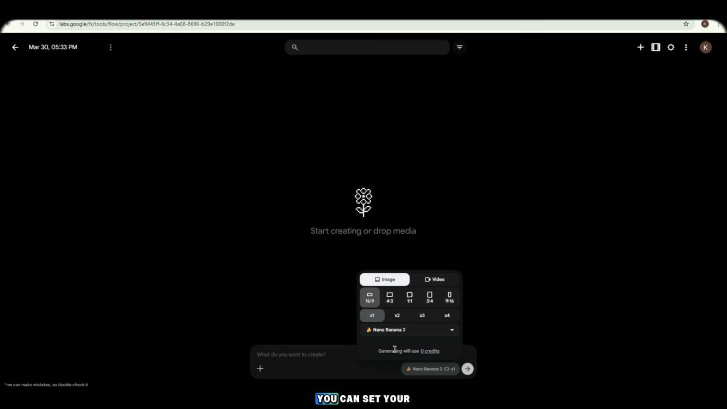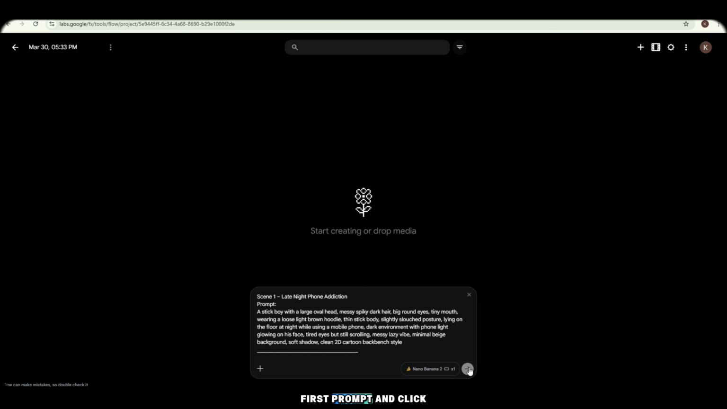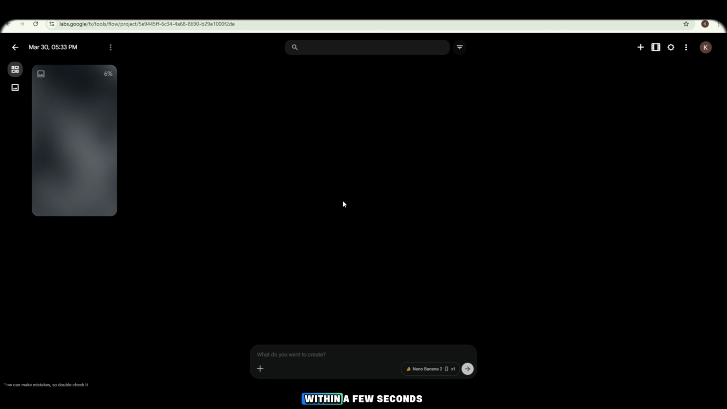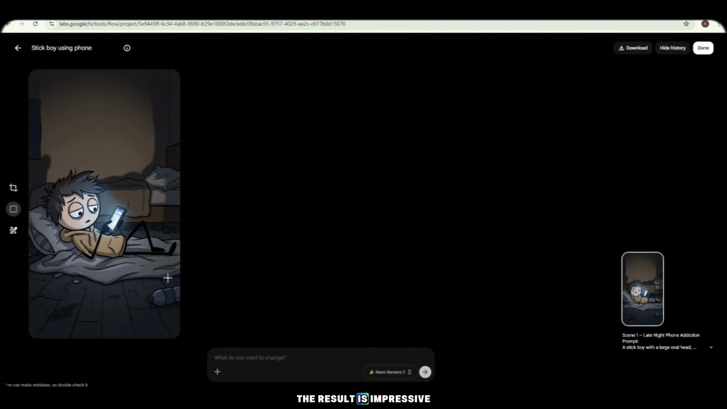After selecting it, you can set your preferred resolution. Then simply paste your first prompt and click on the Generate button. Within a few seconds, your first image will start generating. And as you can see, it is ready. The result is impressive. A clean Stickman design, clearly showing the character using a mobile phone and even expressing laziness